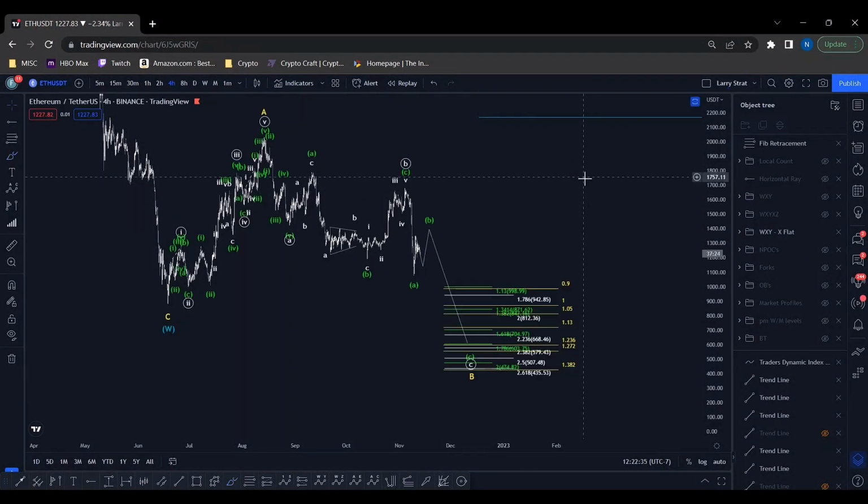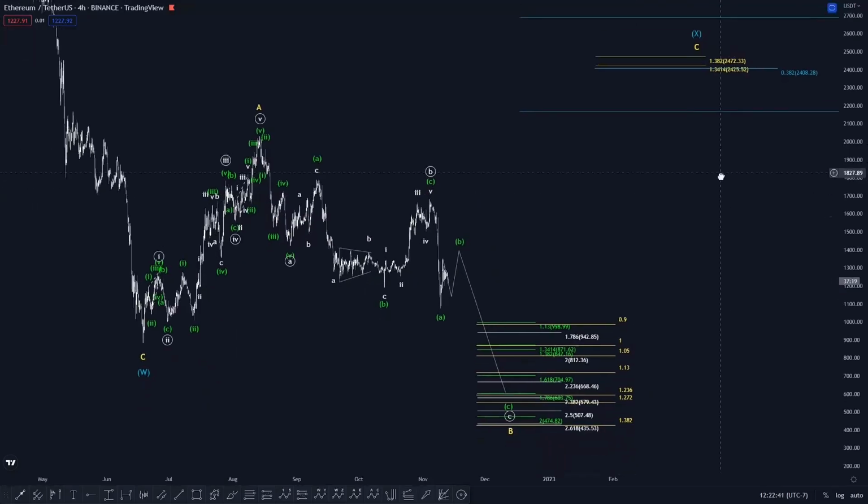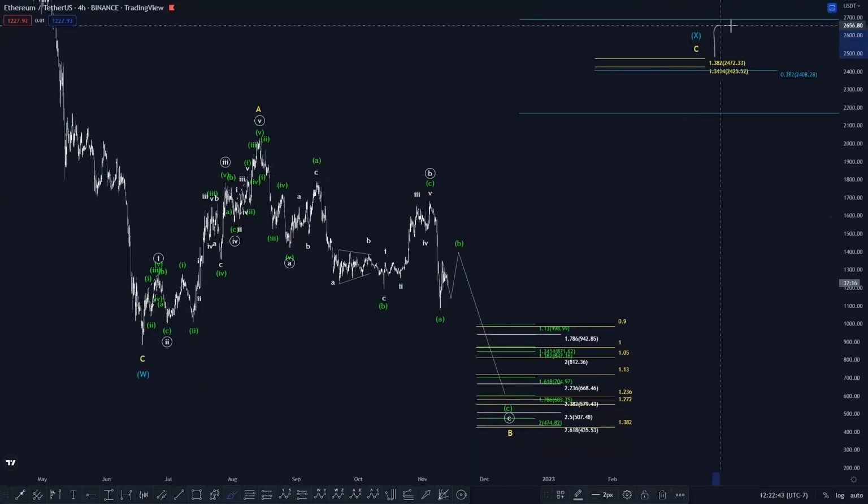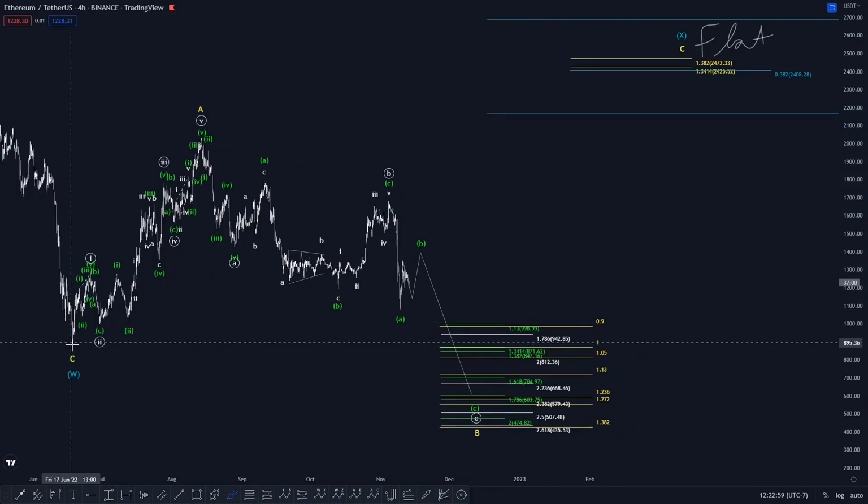And then same with Bitcoin, we're expecting a potential flat structure here for our X wave. You know, another flat where this is a leg. It looks a lot cleaner than Bitcoin, but we'd actually have to label it as our WXY, where this is A into a B into a C for a W, came down for a quick X, and then an A B C for the Y,